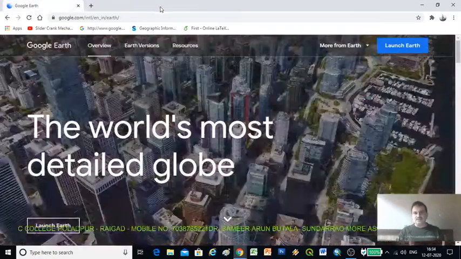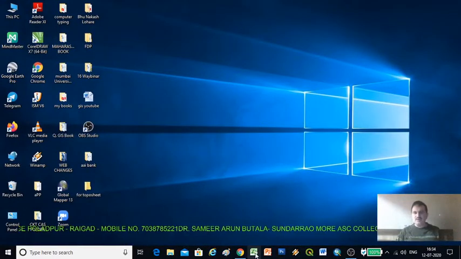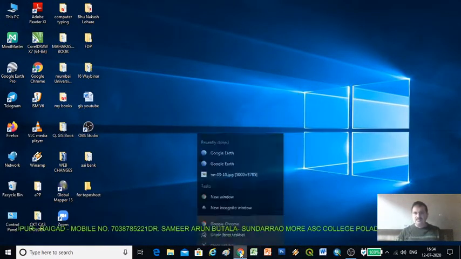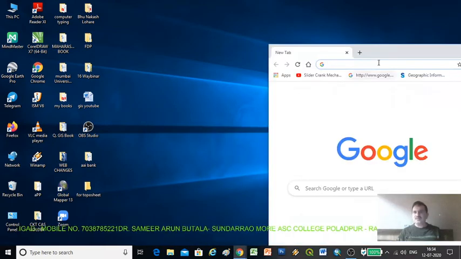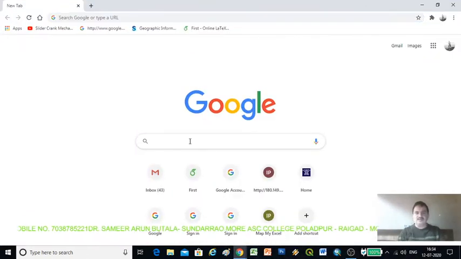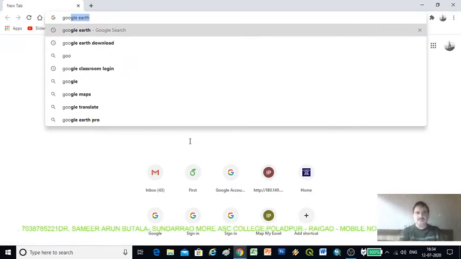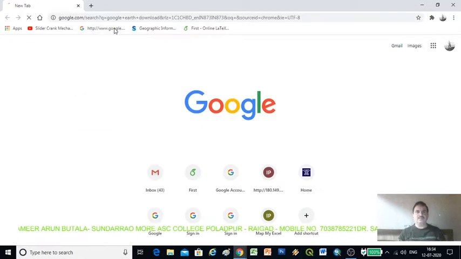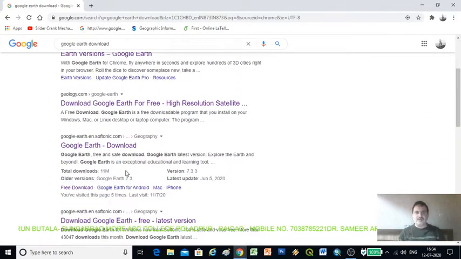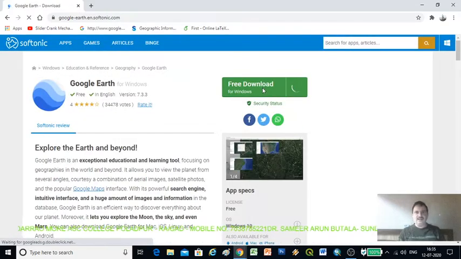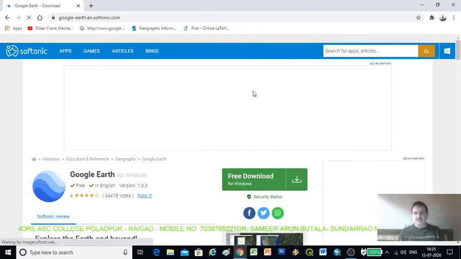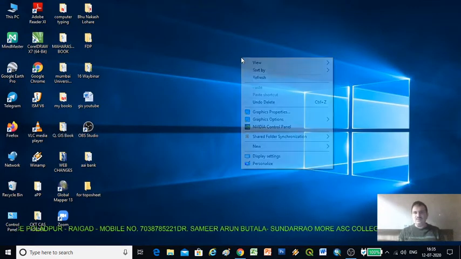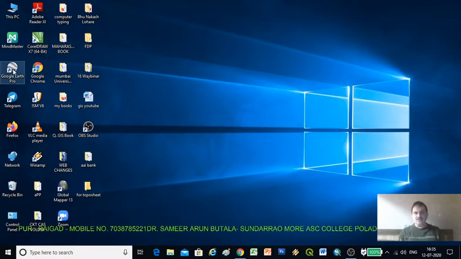Just go to the browser, open a new browser, type Google Earth download, and click, and we can freely download Google Earth. I have already downloaded the old version of Google Earth on my PC.